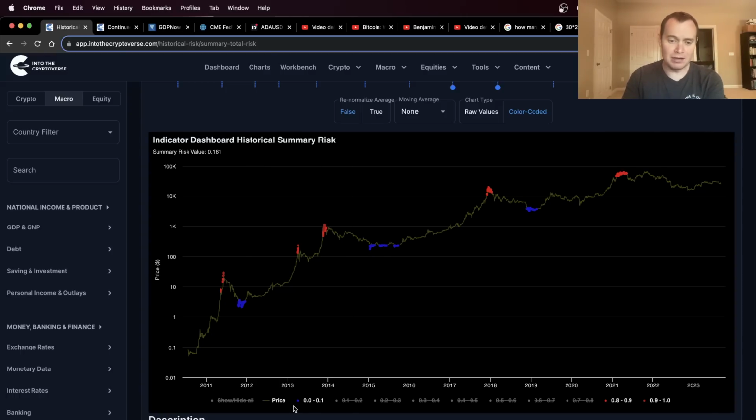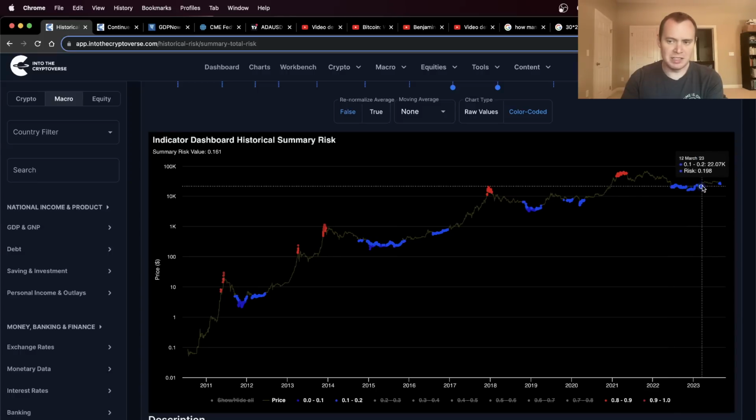Now, if you highlight from 0 to 0.2 risk, you can see that we've already been hitting those risk bands. Okay, so it could be that someone said, hey, I want to use this risk metric to DCA Bitcoin up to 0.2 risk or something. And you can see that had you followed that strategy, you would have started DCAing Bitcoin at around 17.5K. And then you would have stopped DCAing it in April once we had these moves up to above 30K, right? You would have stopped and we've only just recently entered this risk band again.